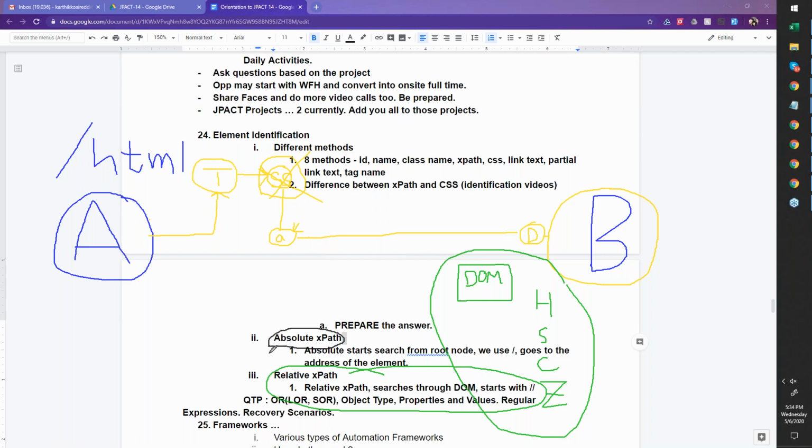Give your responses more in terms of your understanding of the concept, team. So if we're just saying it starts from the root node, basically the way you have to say it in an absolute XPath, we're giving it a direction: from the HTML, go inside the body, then go inside the div, then the fourth div, then the next span. We're giving it direction. That is what we want to avoid with relative XPath, where we say, let's look at what we can use to identify. And those are the methodologies that we will look at here.